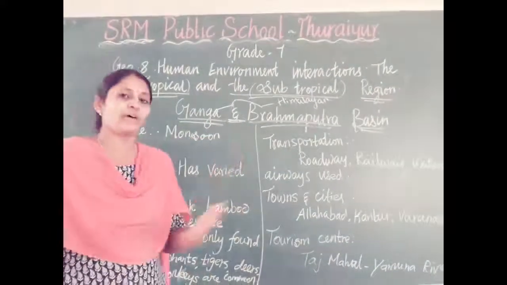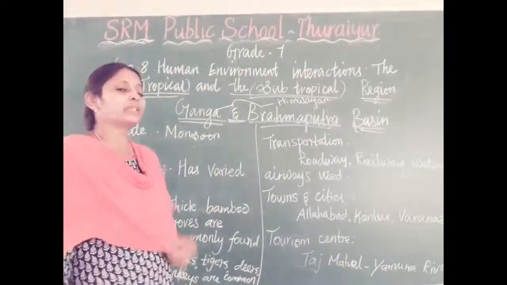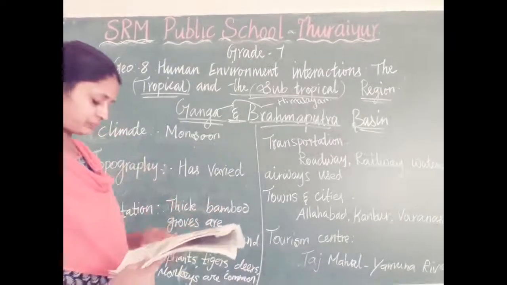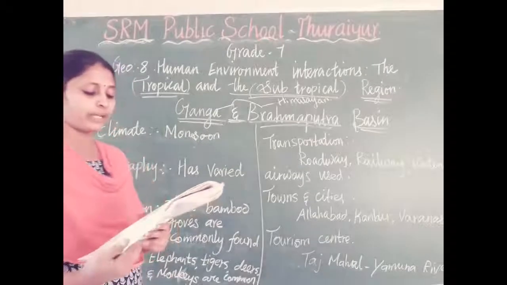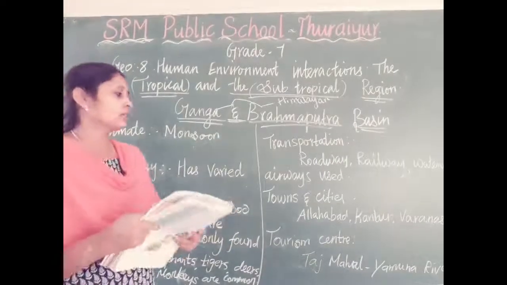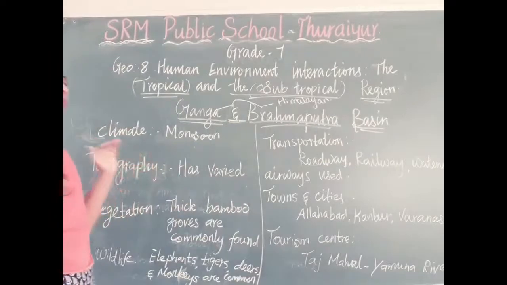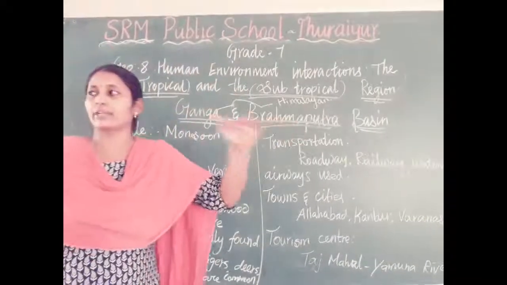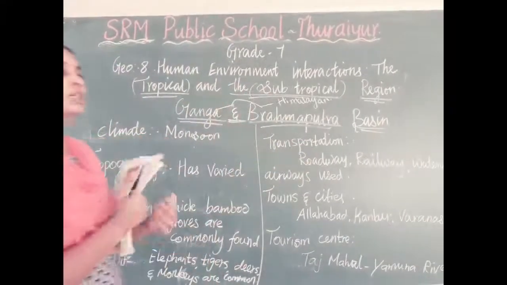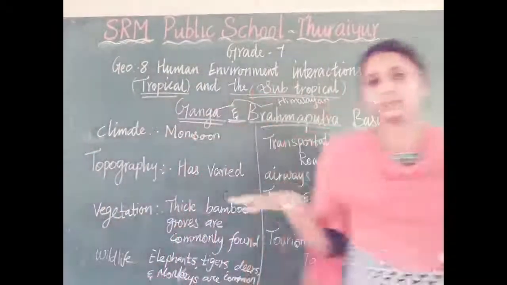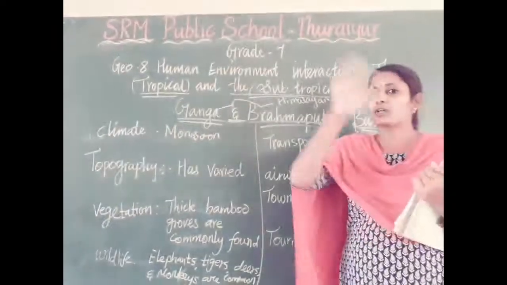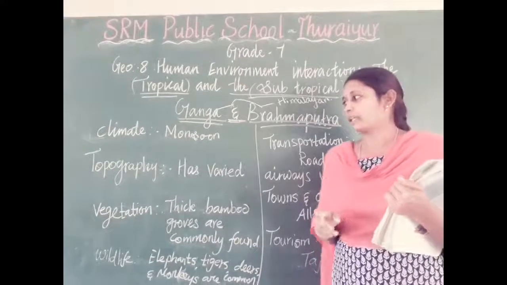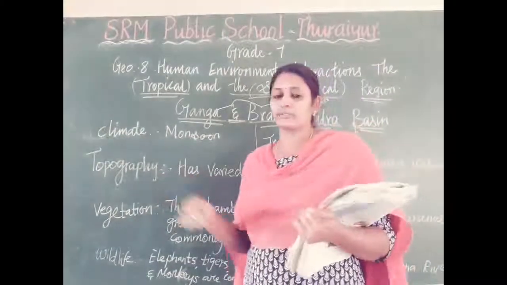Okay, many rivers. Suppose you have an atlas, you can find out the names of the tributary rivers of Ganga. Same like Brahmaputra also has some tributary rivers, you are supposed to find out the names of the tributaries. The Ganga and Brahmaputra do not flow only in plain areas. Already I said these two rivers start from the Himalayan mountain range, so before they reach the plain area, they have to cross different landforms, different geographical areas. That is called topography, which we will explain later.